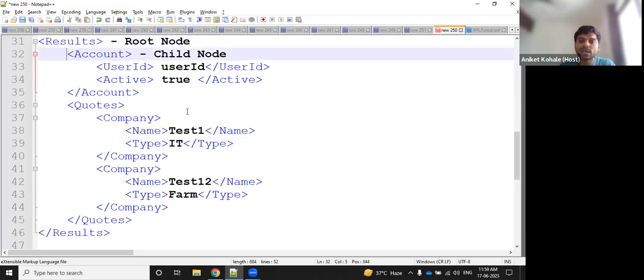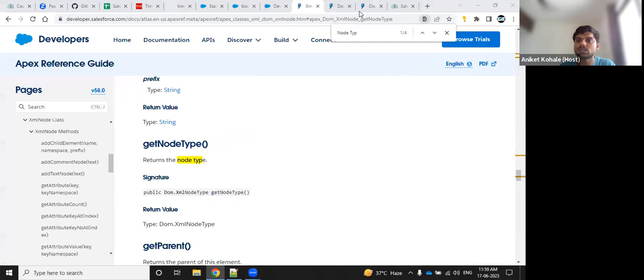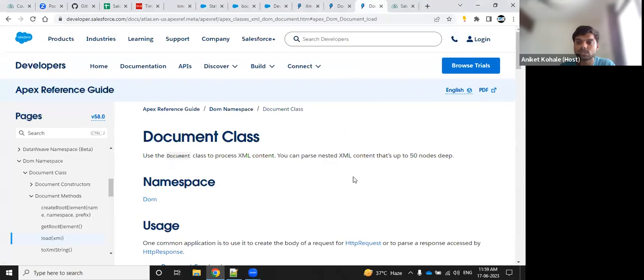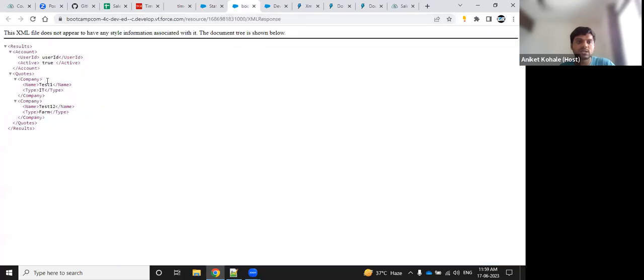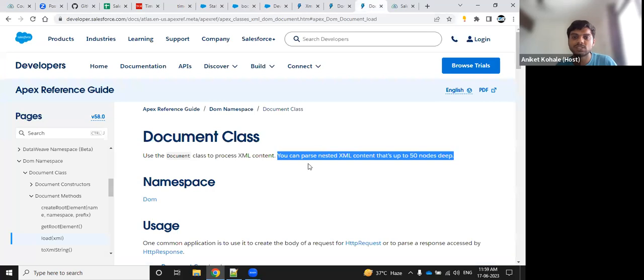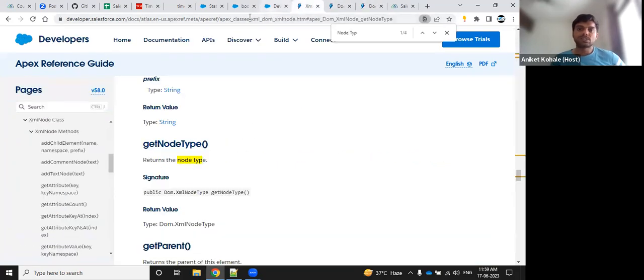Okay, and how deep can we get the child nodes? There is an exact count. Let me just show you. I think in the document, yeah, you can parse the nested XML content up to 50 nodes deep. Means you can go 50 nodes. So if you have 50 nodes inside and inside, you can go deep. This will be the limit basically. And that is sufficient basically,